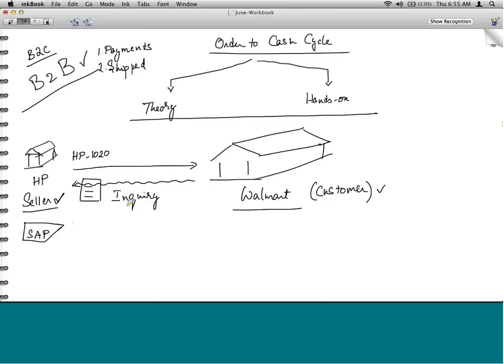Now Walmart goes back to their own shell and discusses among themselves, and then finally says, okay, here are the price corrections that we require. We require it at this price, or maybe they like our price, and then they say, okay, we're good. Send us a quotation. So now, the subsequent document could be